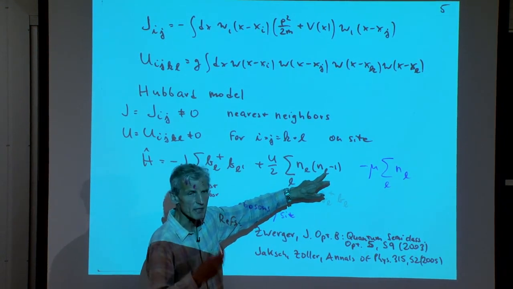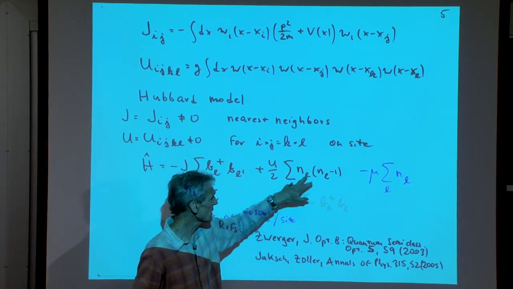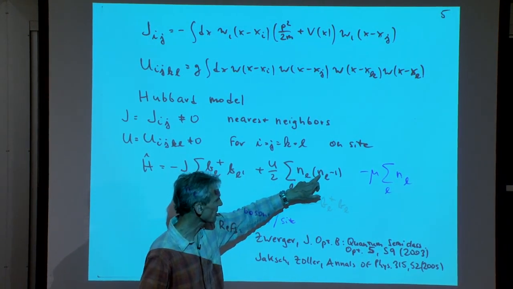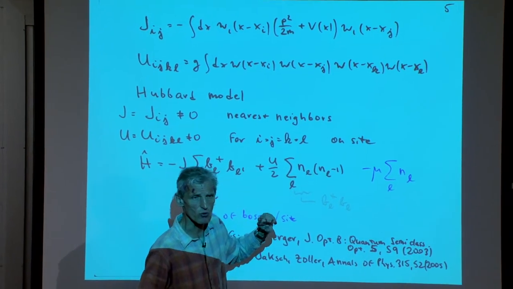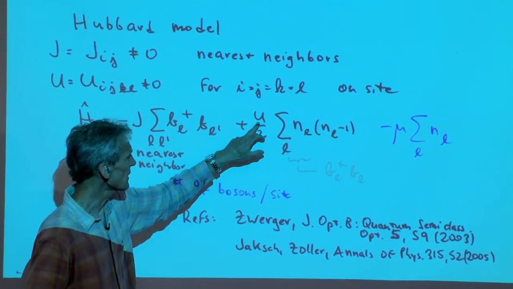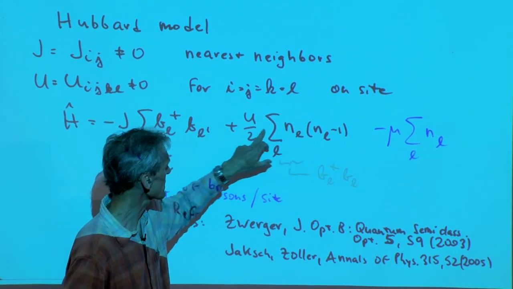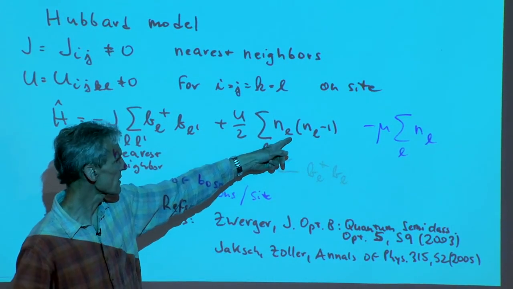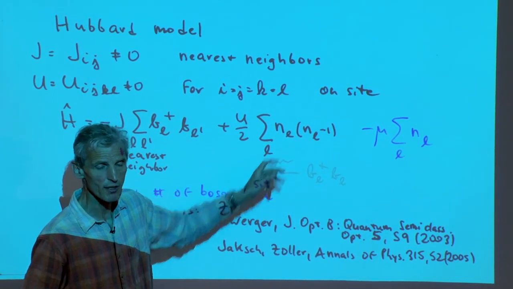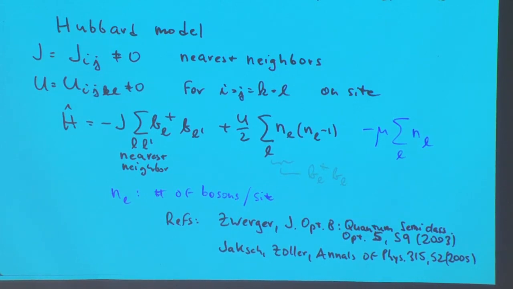And if you calculate that, it turns into a product of two, B dagger B, which is the occupation number at each site. But if you are careful with commutators, it becomes occupation number times occupation number minus 1. If you have only one particle per site, this term is 0. So technically, if you put in 2 times 1, with 2 particles per site, U is the interaction energy between 2 particles. Just use this expression to figure out what it is for 3 or 4, but for 1 particle you get 0. The self-interaction of a particle is absolutely 0. One particle does not interact with itself.